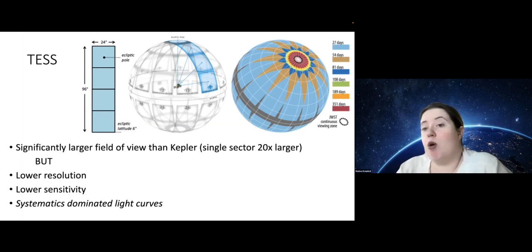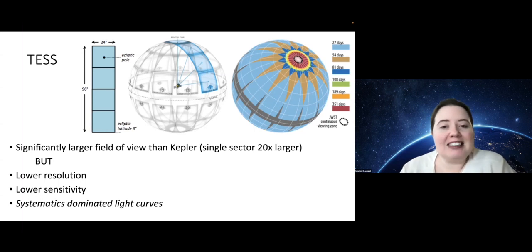But there are no perfect things out there. TESS does have significantly lower resolution than Kepler does. A single pixel of TESS is only around 20 arcseconds, and you can fit a lot of stars in 20 arcseconds, especially in dense clusters. So contamination can be a bit of a concern. TESS also has lower sensitivity than Kepler. Let's say it can't really look at stars that are as faint as Kepler can. Still, you can go pretty far out, down to around 16th magnitude. TESS is a wonderful instrument. We love it, but it has some issues. Let's put it that way.